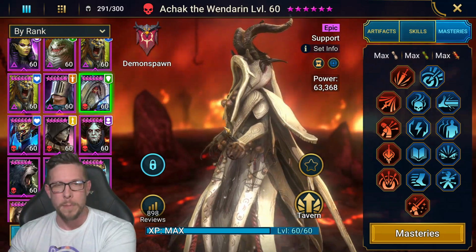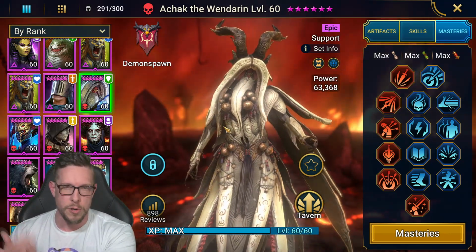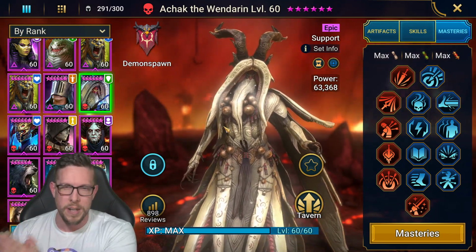Or if you want an HP burn team, go ahead and use your Contra or your Direct Stars to tank on stage 20. Again, trying to keep